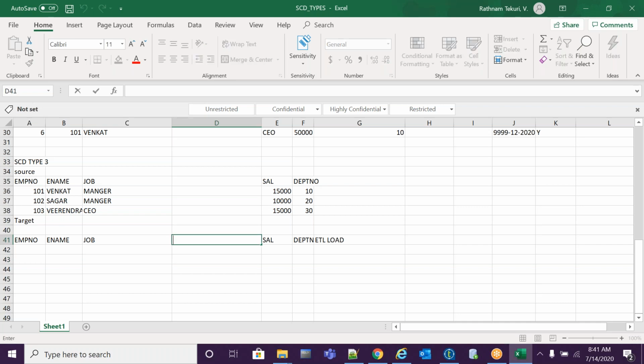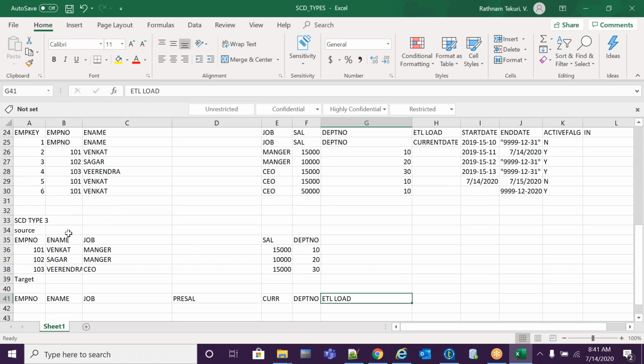See, it will generate a current salary and previous salary. Suppose I want to make job also a type 3 field. It will generate previous job and previous salary. Let me assume that for now, for example: previous salary, current salary, DPT number, ETL load date.